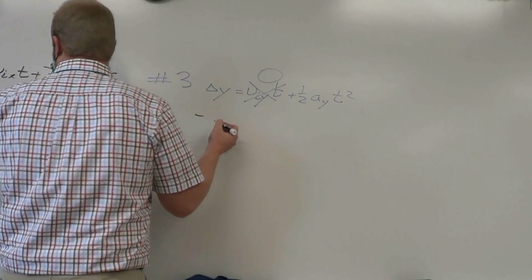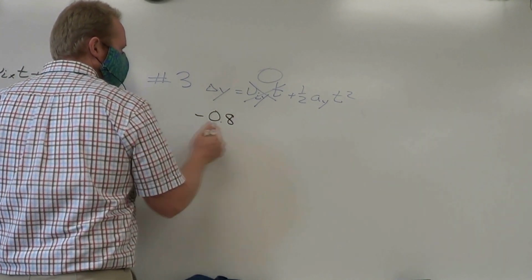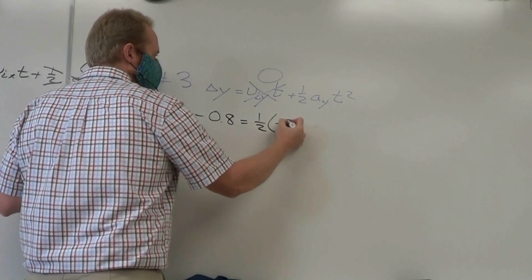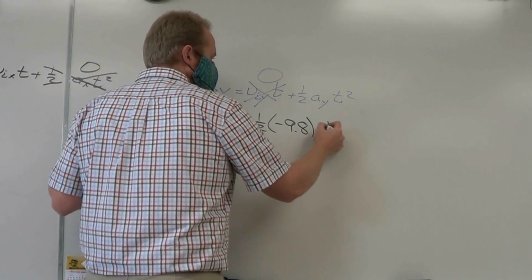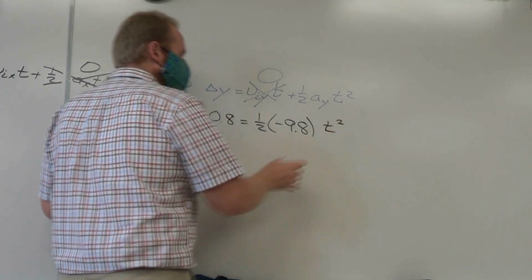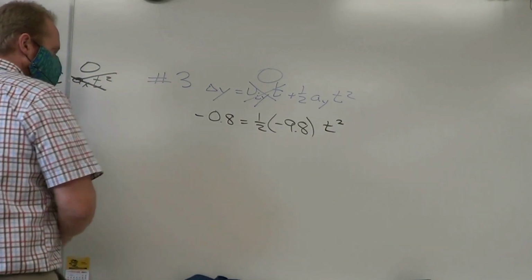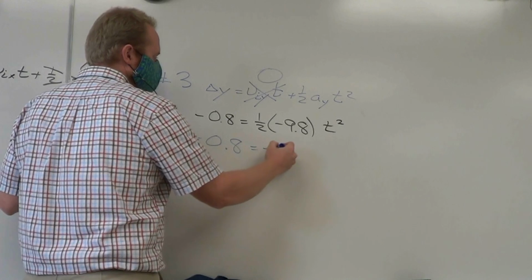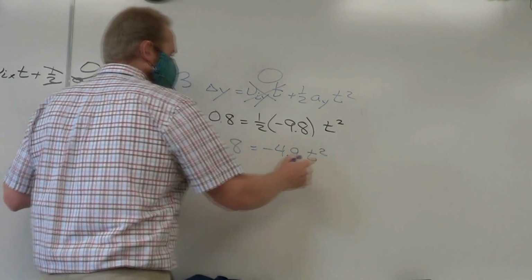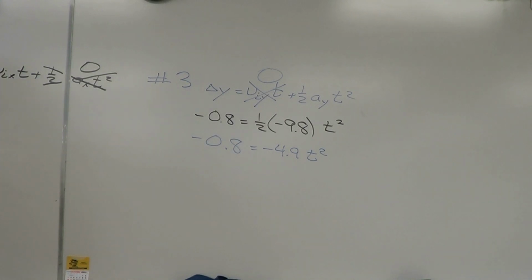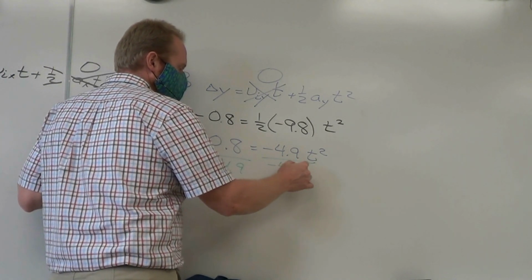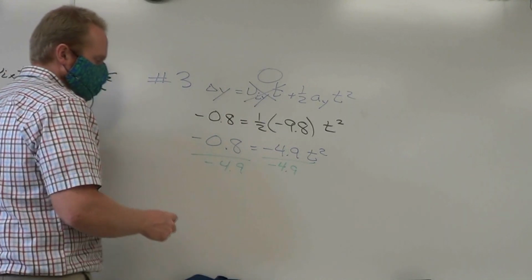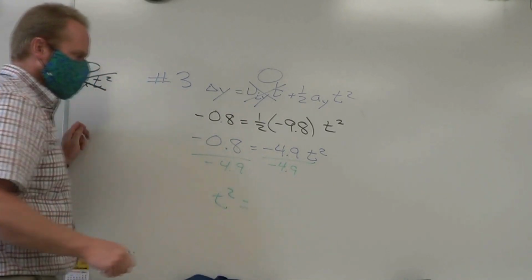So now we can plug in our numbers. Negative 0.8 is equal to 1/2 our acceleration in the y direction, which is negative 9.8, times t squared. Negative 0.8 is equal to negative 4.9 t squared. Divide both sides by negative 4.9. We divide by negative 4.9 because it's times t squared. And we're left with a t squared value